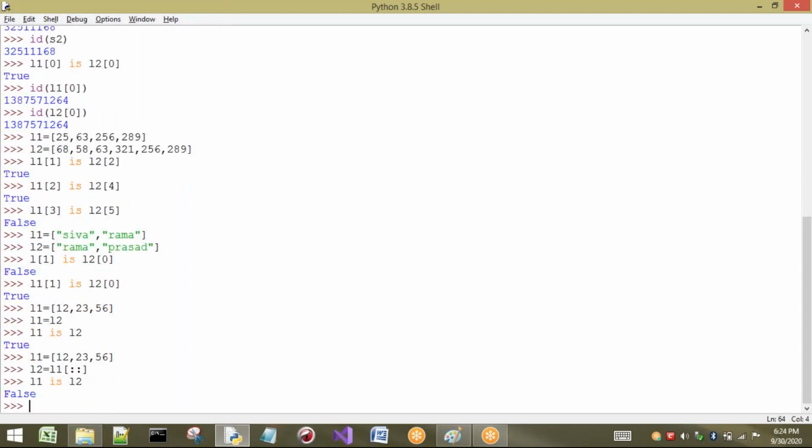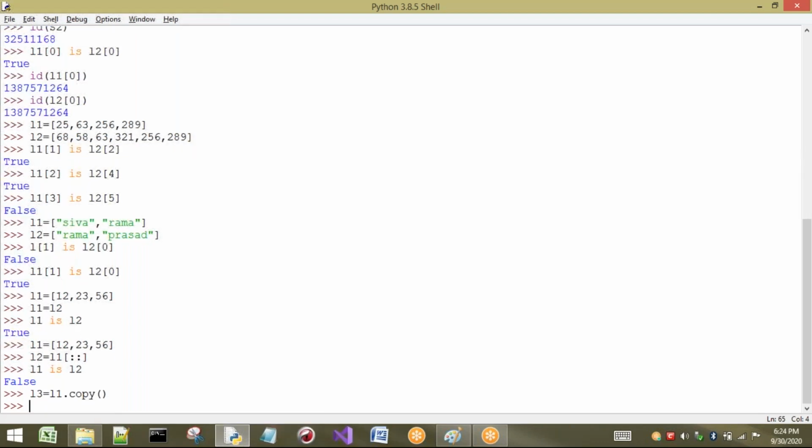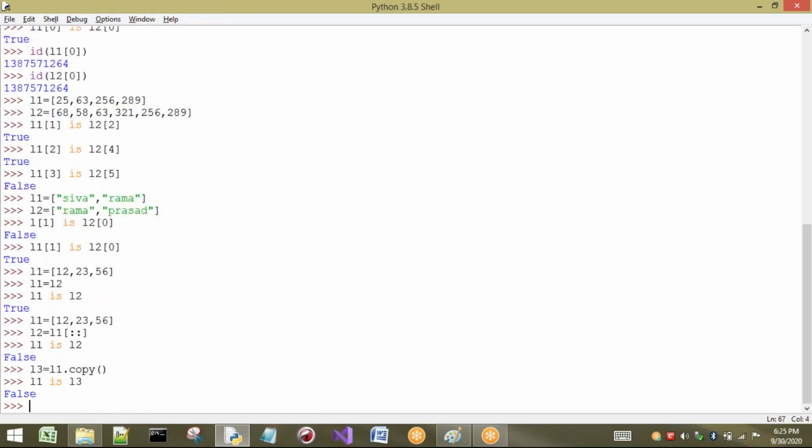Cloning, we saw the concept yesterday. In the same way, we can also say L3 equal to L1 dot copy. Then L1 is L3? No, these two are not the same because a separate copy is created. In this way we can apply is and is not to lists for checking identity.